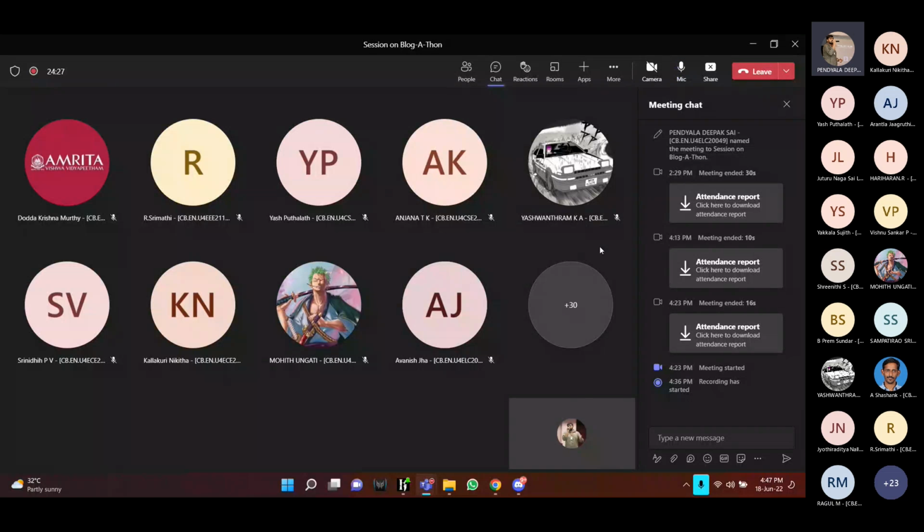Okay, moving on. So what are the prizes from this hackathon that you'll get? The first prize winner will get 1,500 with a certificate printed from our campus. And the second prize you'll get 1,000 rupees plus certificate, and the remaining people will get participation certificates. So these are the prizes.